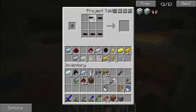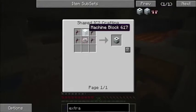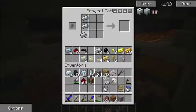An electronic circuit is made with 6 wires, 2 redstone, and a refined iron, and that gives us an electronic circuit. The other item that the extractor calls for is a machine block, and all that is refined iron in the furnace shape, and that gives you the machine block. And so from there we just need